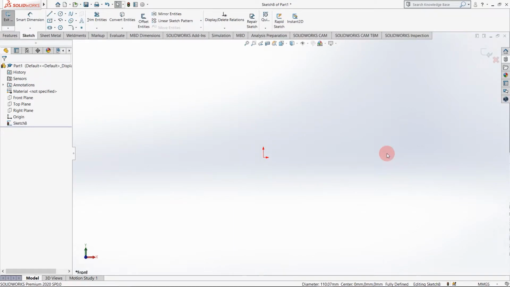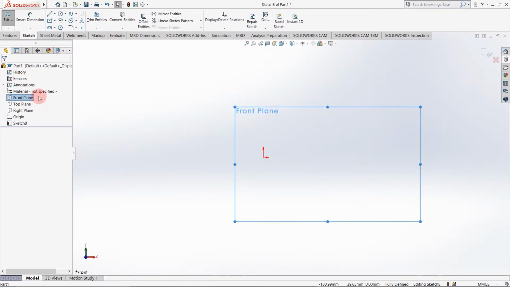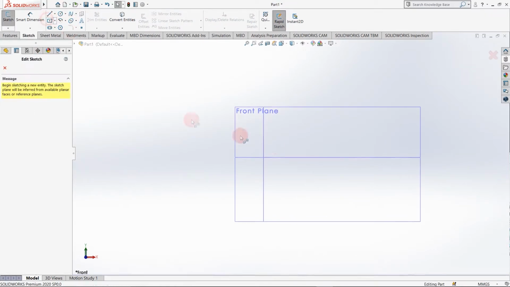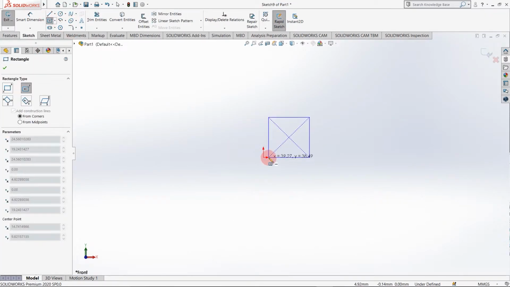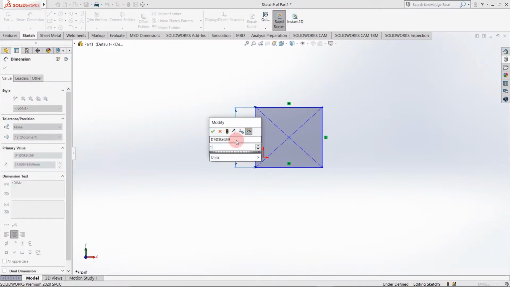Next command I want to explain is extruded cut and revolved cut. For that I am just creating one cube, say 100 by 100.